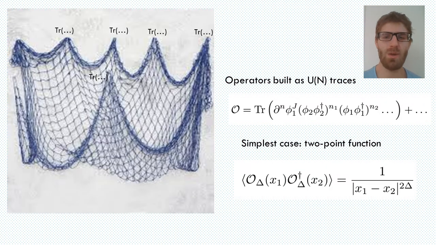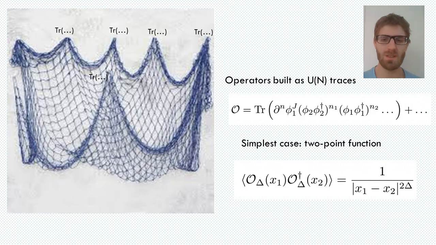Now let's see how integrability can help us to solve the model, focusing on the Lagrangian limit. By solving the theory, we usually mean computing all correlation functions. The two-point functions are the simplest objects and are fixed in terms of the conformal dimensions delta. I will first discuss how to compute the spectrum of conformal dimensions, which is well understood, and at the end I will relate it to the much harder open problem of computing general correlators.